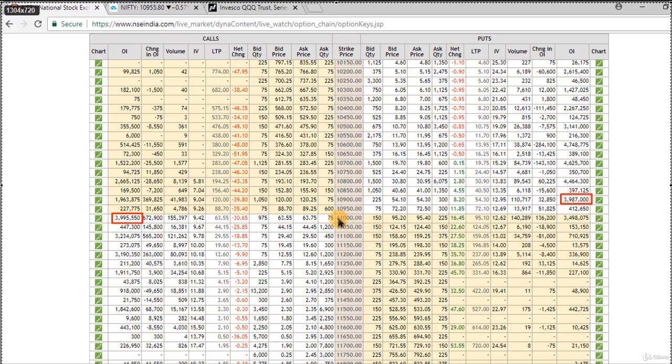For example, we can see that the 11,000 call option has the greatest open interest for this expiry and the 10,600 put option has the greatest open interest. Put options give us an idea about the support level and call options give us an idea about the resistance level. As we know, when a support level is penetrated below, it becomes a new resistance level, and when a resistance level is penetrated, it becomes a new support level. So we should always see the second highest open interest in the strikes, and if we see the second highest open interest in the put option,